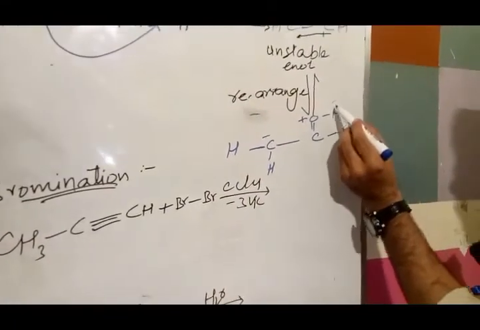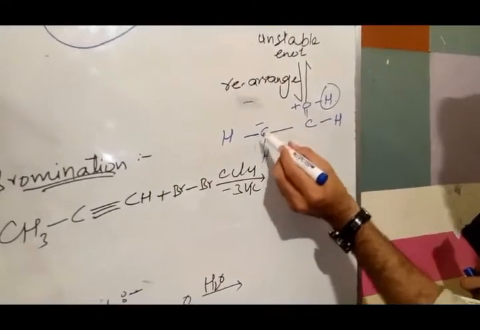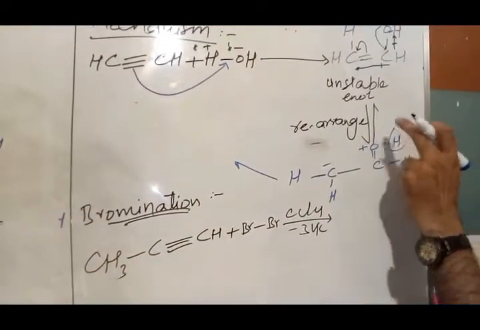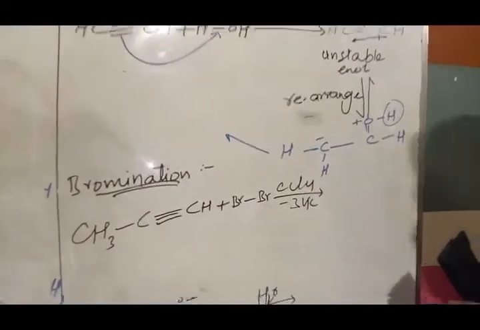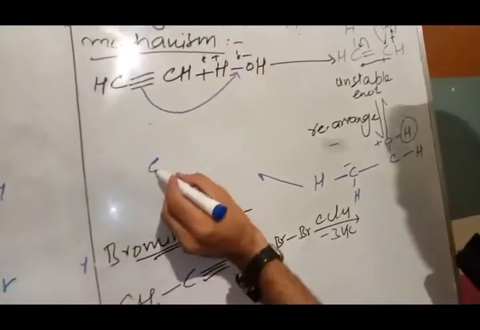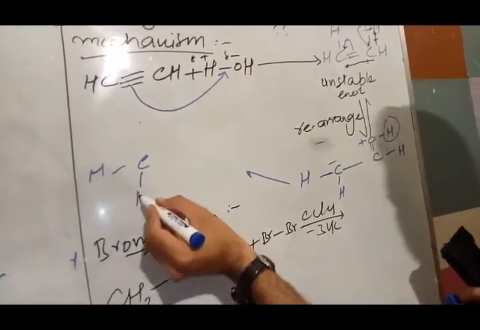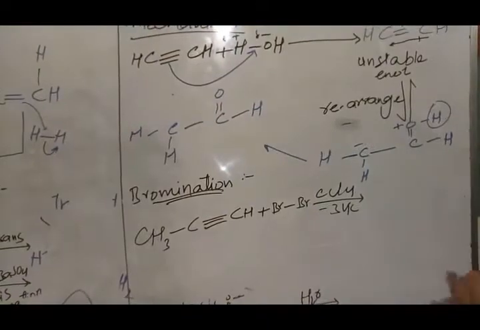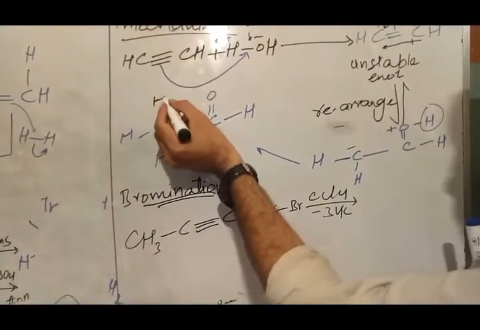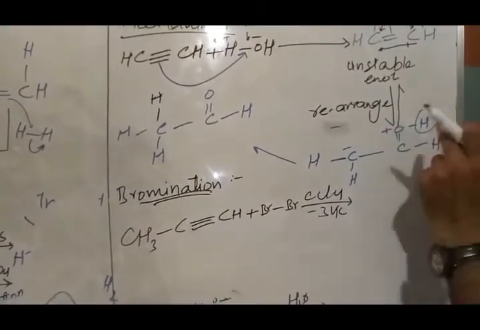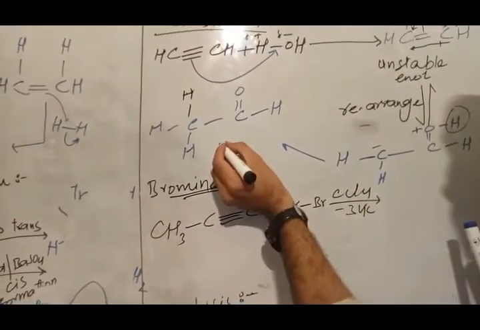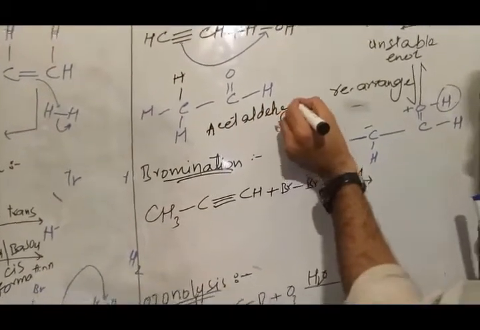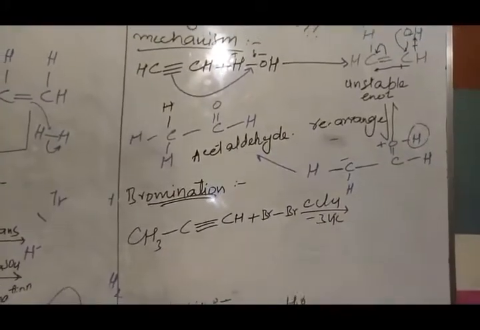Now we have this extra hydrogen, so this hydrogen will shift to that carbon so that this compound will become stable. As a result, by shifting this hydrogen, this is known as self-protonation. By doing self-protonation, we get this compound: H single bond C double bond H, and this is our coming hydrogen which we bring from that oxygen. So this is our final product, and the product name is acetaldehyde.